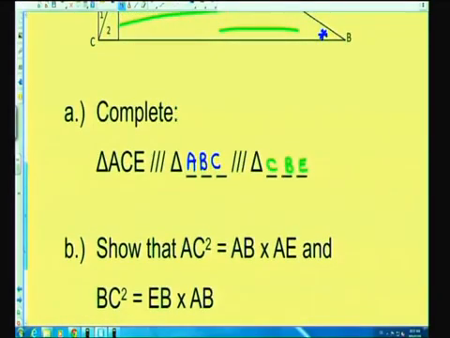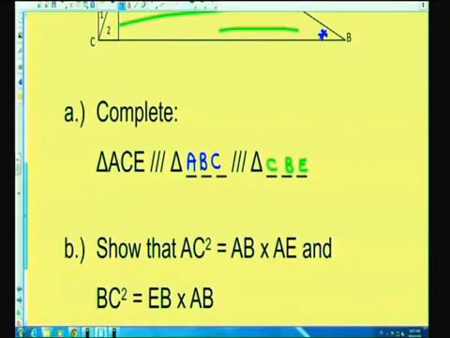Now they asked me to show this. Now, as soon as you see squares, it means that you have to use two triangles that contain that side twice. So you look over here, you want AC. So this triangle's got an AC and this triangle's got an AC. So that would be where I would start. So I would say using these two triangles and knowing that I place them in the correct order, I can draw up my similarities. So let's do it. We can say